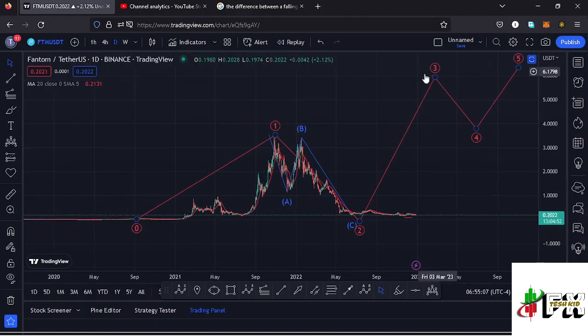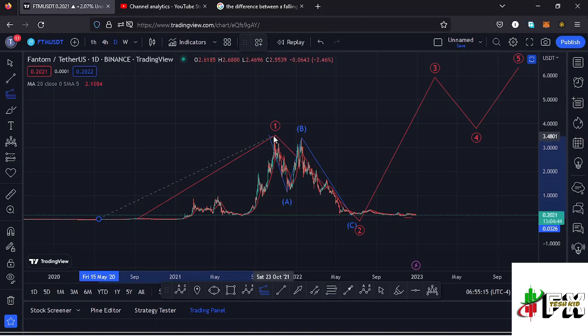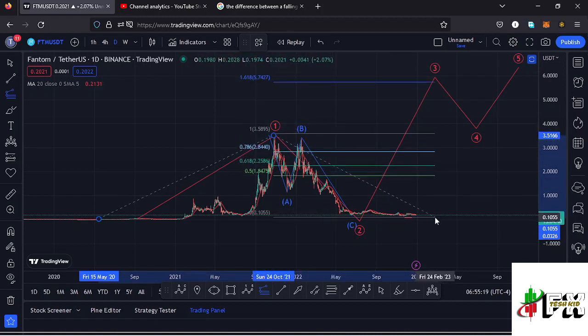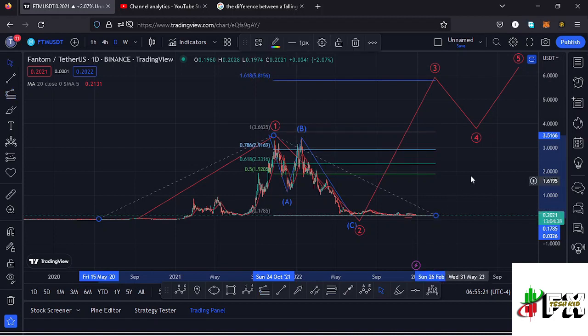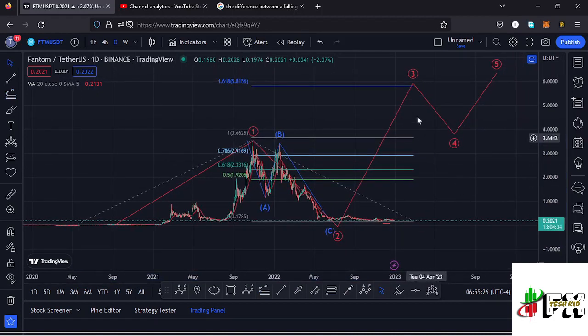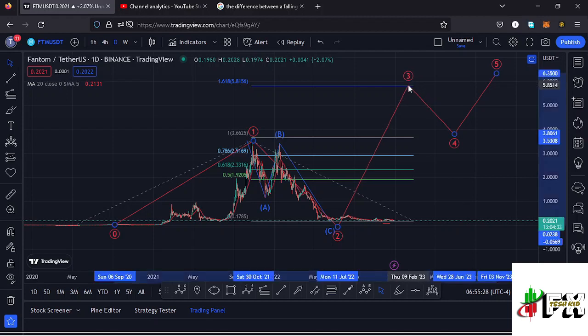and sketching out a minimum target area to the upside in the formation of this wave 3 using a trend based Fibonacci, connecting it from the low of the first wave to the high of that wave 1, then dragging the fibs to the low of the second wave. That gives me a minimum target area at the fib level 1.618, and that is at around the $5.8156 mark, and that is my primary scenario that I'm expecting to play out on the long-term scenarios in the formation of that wave 3, then expect a wave 4, and then continue pushing even higher in the formation of that wave 5,